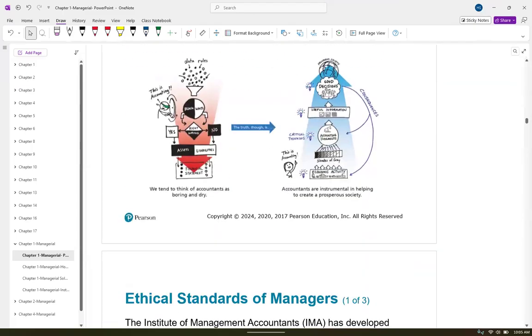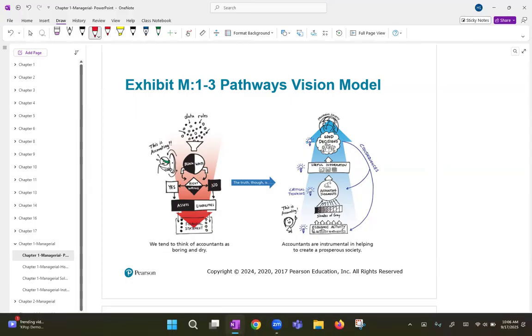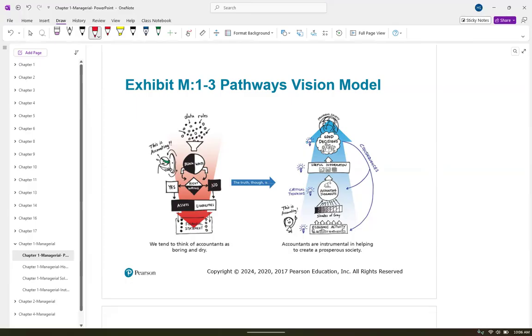Okay. I believe they actually showed us this same slide way back in chapter one of Principles One, and I kind of like this. This is the first time I've ever seen this. This is kind of how we tend to think about accountants: boring and dry. Black or white issues. It is or it isn't. It's really not like that. It's a jumbled up mess. Okay. It looks more like accounting right here than anything else.